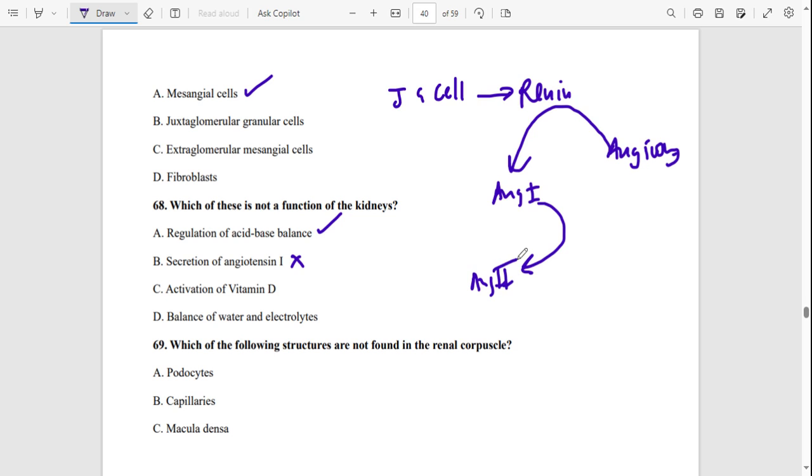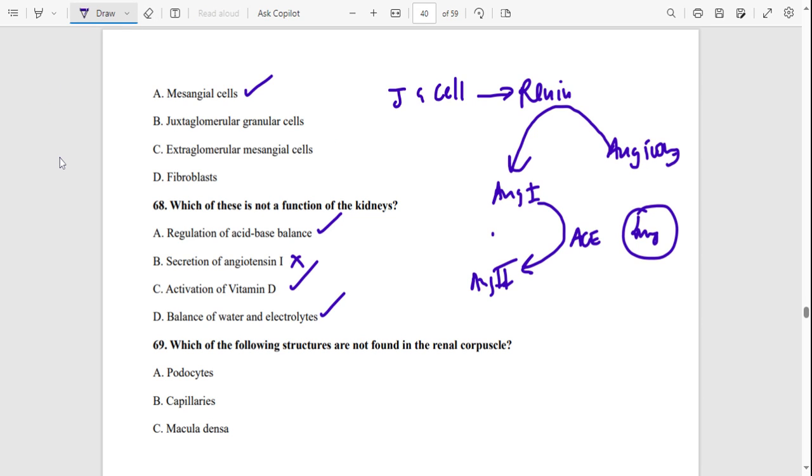Now, angiotensin 2 will work. What converts angiotensin 1 to angiotensin 2 is angiotensin converting enzyme, and this one comes from the lung. So you can see three different types of tissue: lung, kidney, and also the liver working together. Angiotensin 2 now will be involved in a lot of things to make sure that it restores the glomerular filtration rate. Activation of vitamin D is